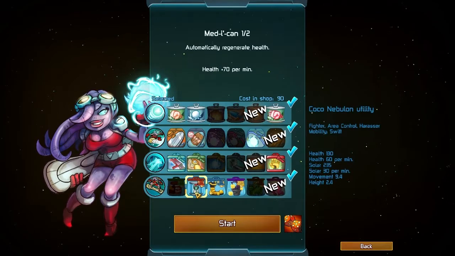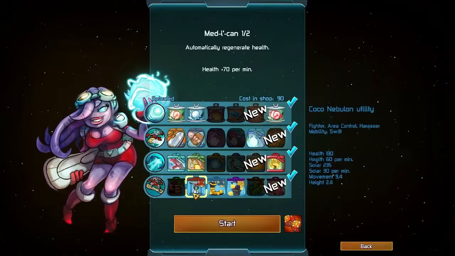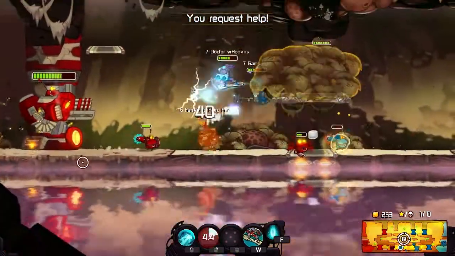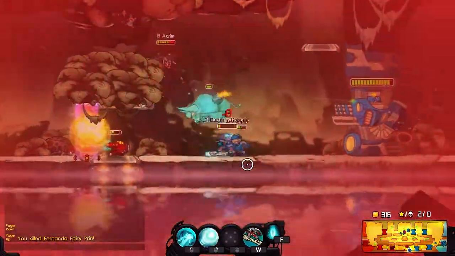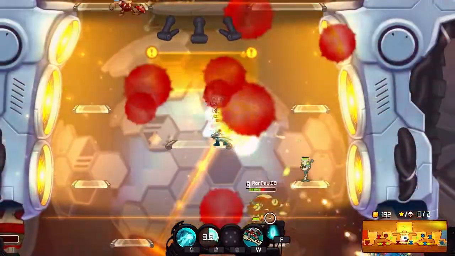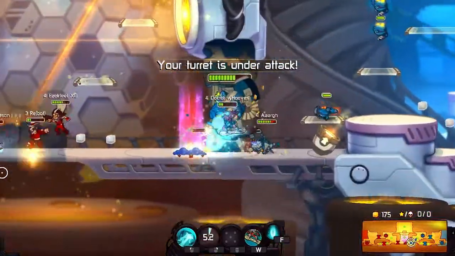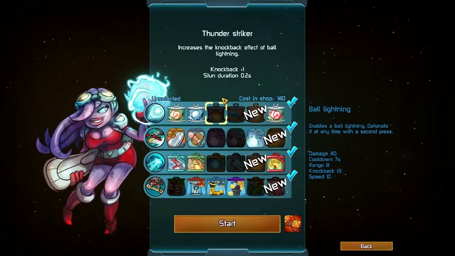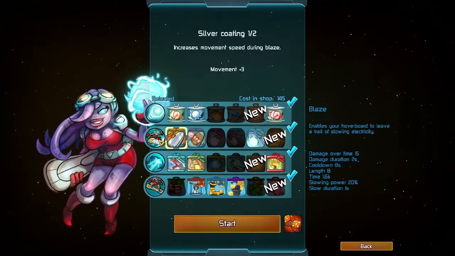I then get this meta can because regeneration is really, really important. You want to be able to stay out there as long as possible and not have to rely on creeps to get your health back up, because you want to make sure your health stays nice and high. Even though you're not doing some of the major brawling, you are a very pivotal character because you are very strong on both offense and defense, and if you have to keep going to get creep, then you're not helping your team as much. So then after that, what I usually do is I'll go for either Blaze